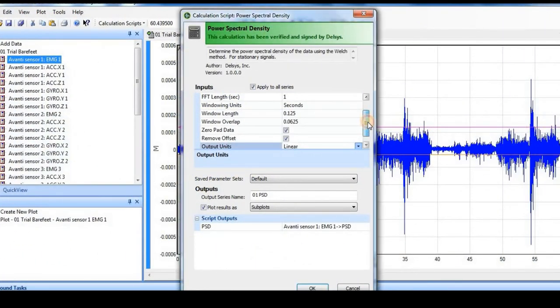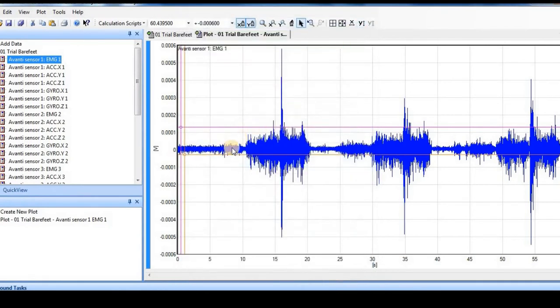To understand what it means to remove offset, let's see our plot again. Now if you see this part of the plot, this is no activity, this is again no activity, and these are again the periods where there is no activity at all. And in the instruction video also, for a particular period only the heel up was prompted, and for the rest of the time there was no activity at all. So we take it as the no activity area, and we also call it baseline.